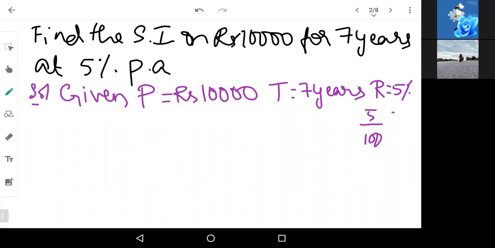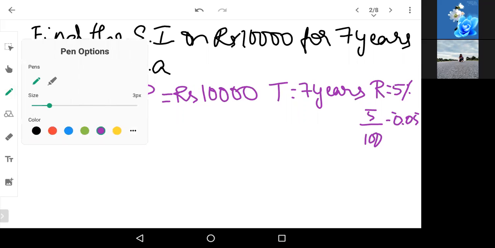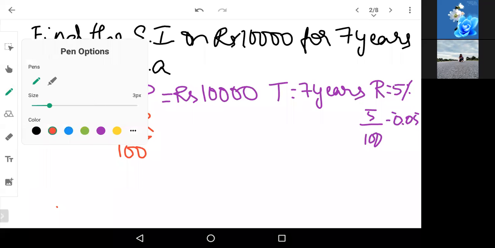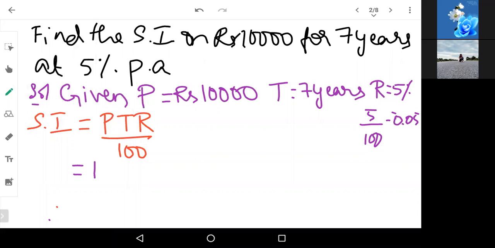Now, one more thing where students get confused is, should you take 5% or should you take 5 by 100, 0.05? Consider only one type of the percentage. Don't mix up both of them. So the easy way for you to always maintain is, just take the direct number, that is 5. I'll tell you the reason. Let us write the formula. Simple interest is equal to PTR by 100. Okay. Now, principal is 10,000